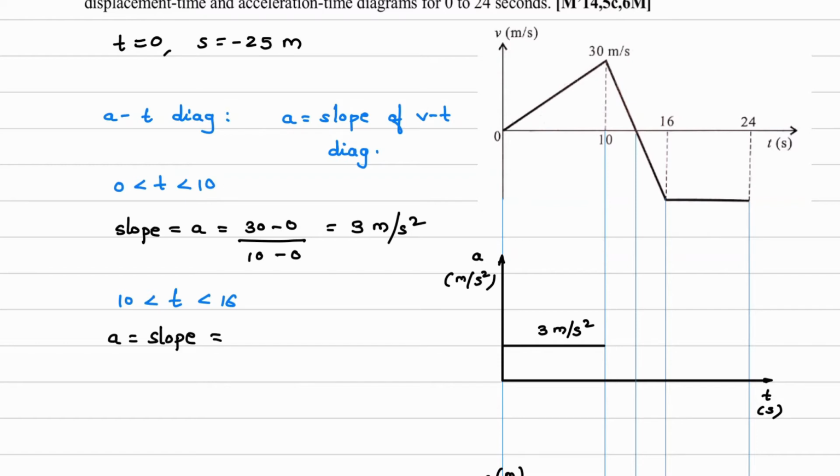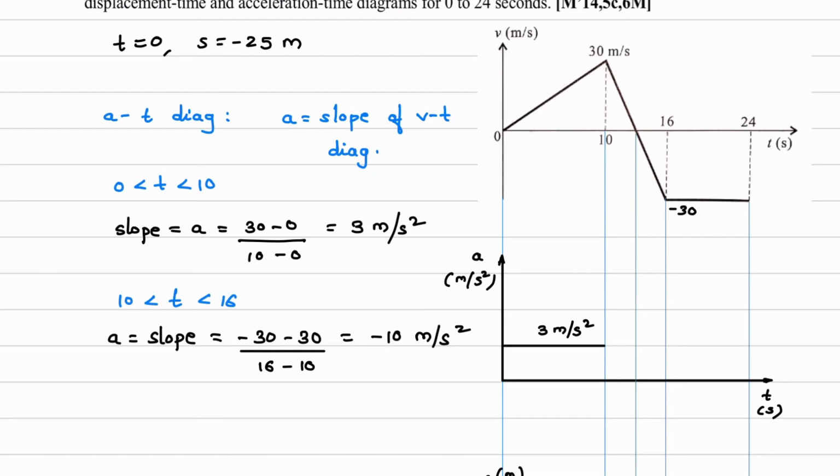What will be that value? dy by dx, right? First point, this is first point and this is second. So what will be dy? This is minus 30. I'll write it down over here. This is minus 30. So minus 30 minus this 30. Okay, so minus 30 divided by, what will be dx? It will be 16 minus 10. So acceleration will be minus 10 meter per second square.